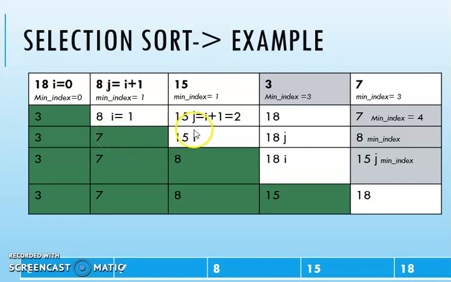Now again in the next iteration, i and j values become 15 and 18, and we will iterate through this and identify the minimum, which is 8. Now 8 and 15 get swapped. Again in the next iteration we compare between 8 and 15. The min index is 4, and index numbers 3 and 4 are swapped and 15 comes into the sorted part of the array. Finally our array will be sorted after the last iteration, our unsorted subarray will be diminishing and we will get the sorted array.